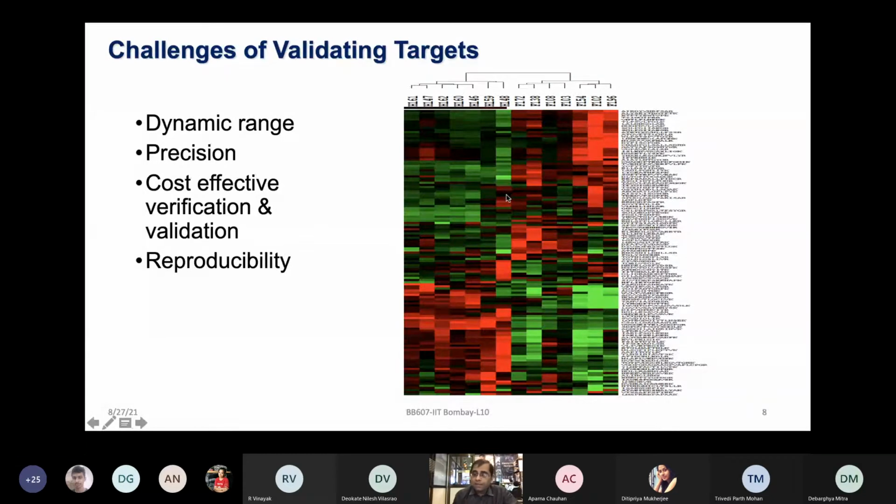So while you are looking at this kind of data, which you have been analyzing from MetaboAnalyst and Perseus and other types of software, you can see the proteins have a very broad dynamic range. You are looking at good reproducible data. You have probably one of the top hits which you want to validate, but that may not be easy to validate because of all the issues of validating the targets.